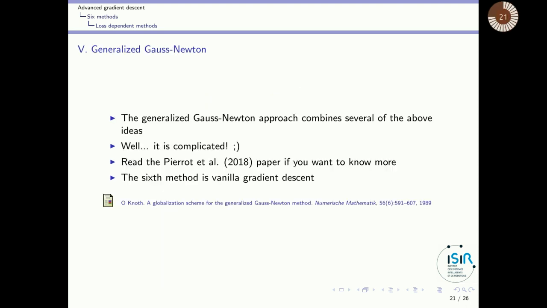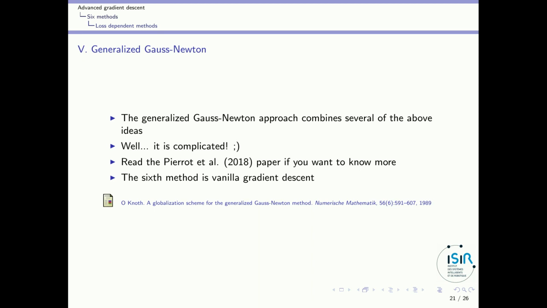And finally, there is the generalized Gauss-Newton technique. That's our fifth method. Okay, again, I encourage you to go back to the Pascanu et al. paper because this method is more complicated to understand, and I won't explain it in detail here. And the sixth method that I have not covered in those final slides is in fact the first. That's the vanilla gradient descent technique. Okay, so now you have an overview of the six possibilities for M of theta.